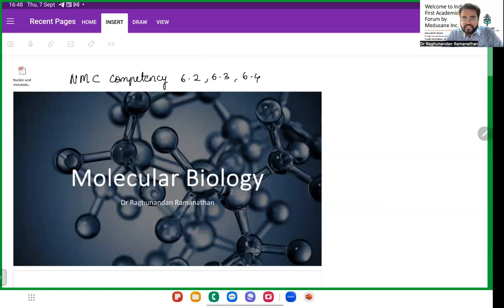So, yesterday we had an introduction to molecular biology and we went into purine metabolism, isn't it? Today we will have a short recap of whatever we discussed yesterday. Then we will proceed to the new topic, pyrimidine metabolism, followed by a brief idea about DNA, RNA and its characteristics, Chargaff's rule, everything we will discuss